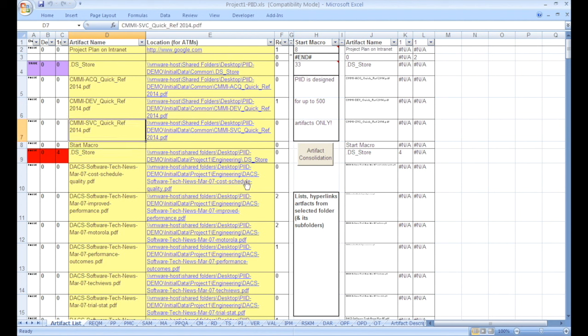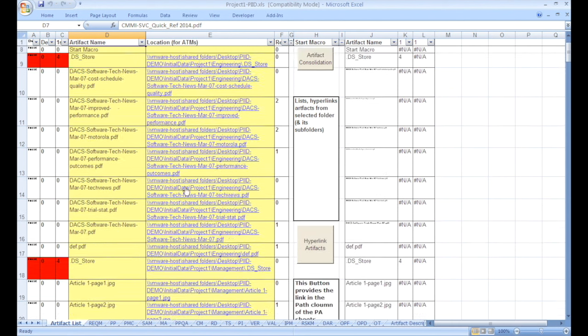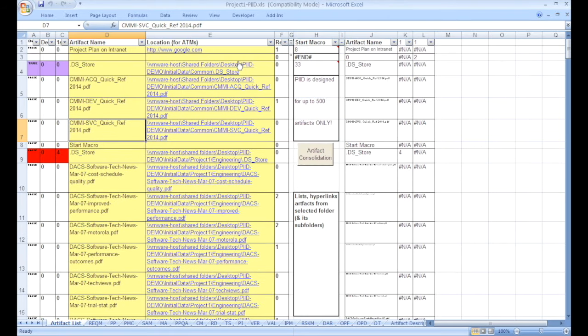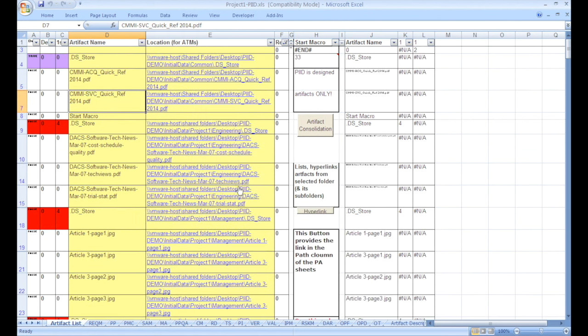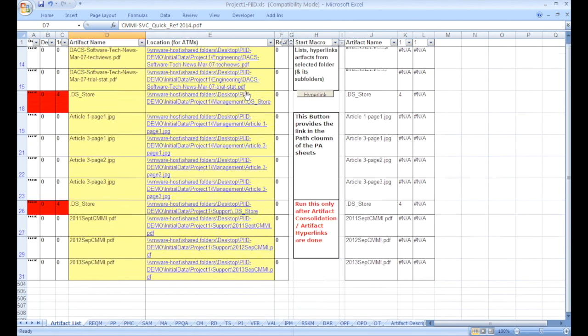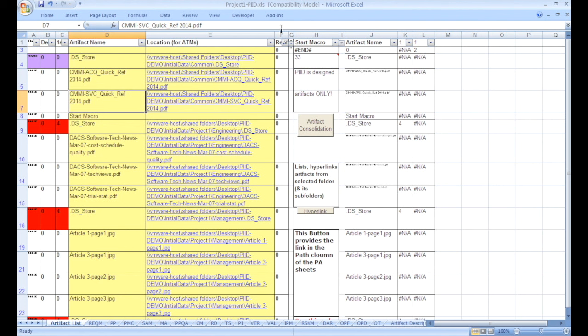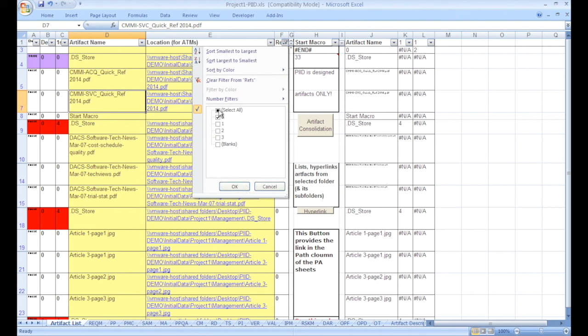I just want to show you one more feature, and that's when I will stop for the time being. I update a count of how many times any particular item in the artifact name is being referred to. Duplicates will always have 0 because the macro picks up the first such instance whenever we have duplicate artifacts. This way I can see how many artifacts provided in the artifact list are never referred to. For example, this much. It's a fairly large number. And in contrast, if I look at the non-zero values,